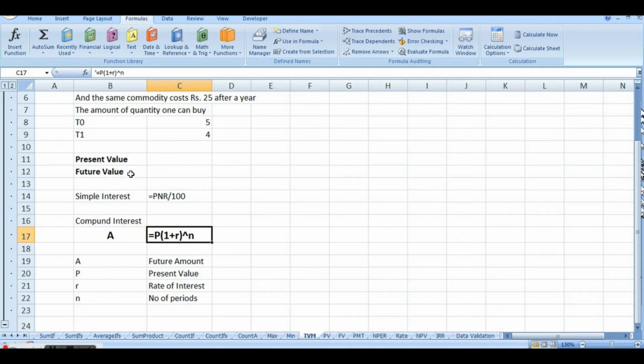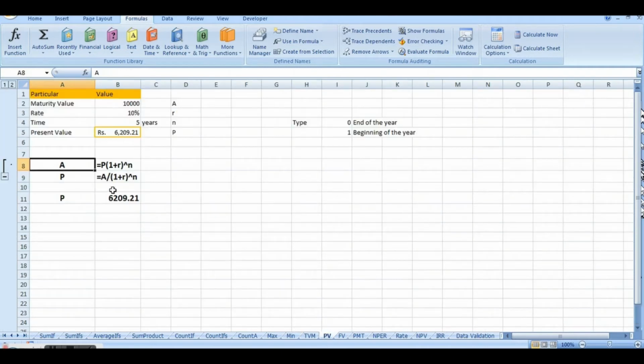And we normally use the same formula for calculating either the present value out of the future value, rate of interest and the period given, or calculating the future amount if present value, interest rate and time period is given. So today we will compare how to calculate the present value by using this formula and by working in Excel. So let us start with an example.